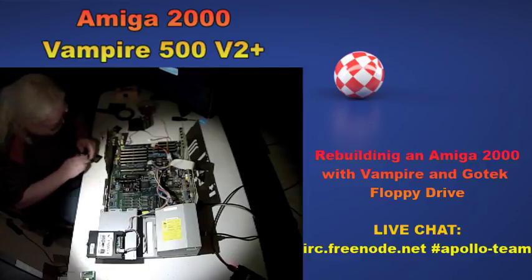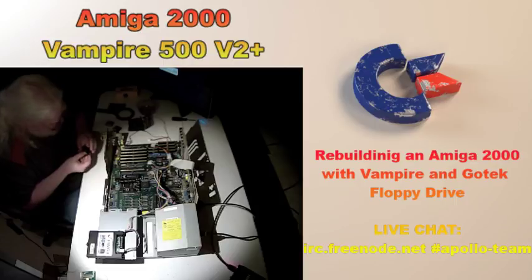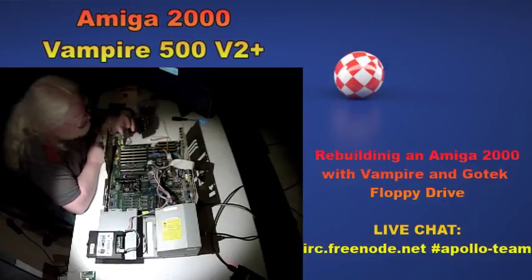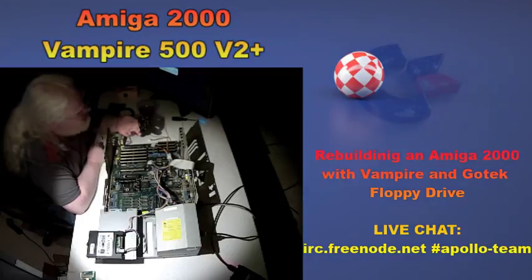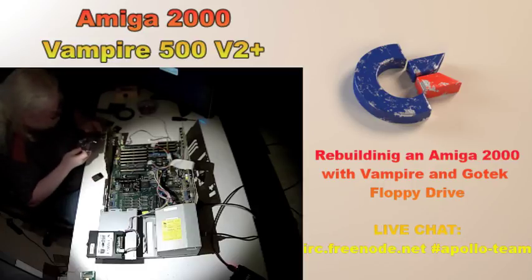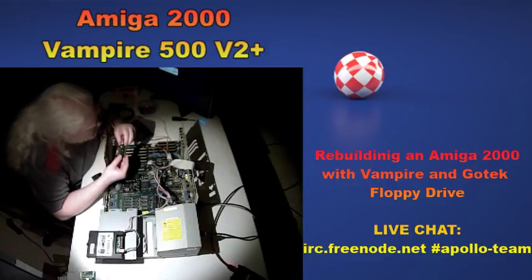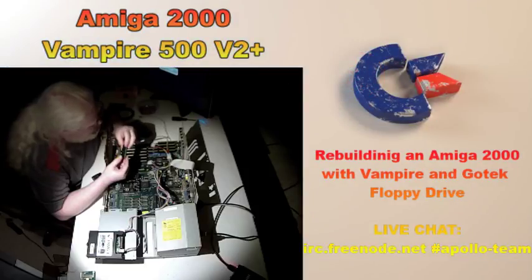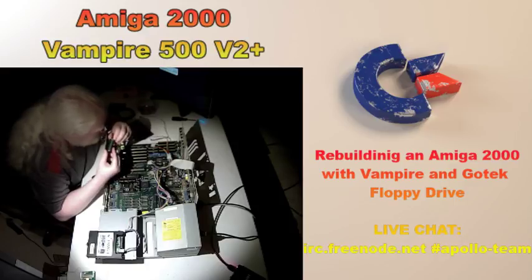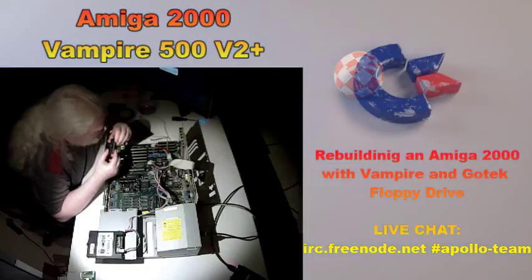Here is a 44 pin to IDE adapter, and here in my hand is a buffered IDE interface. So we are going to give this a shot and see if this will solve our problem. Now, the catch is that we need to figure out which side of this connector